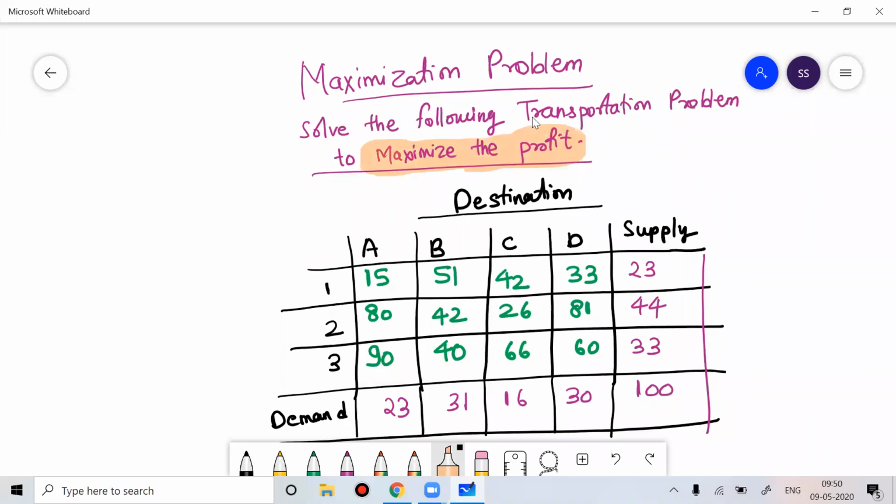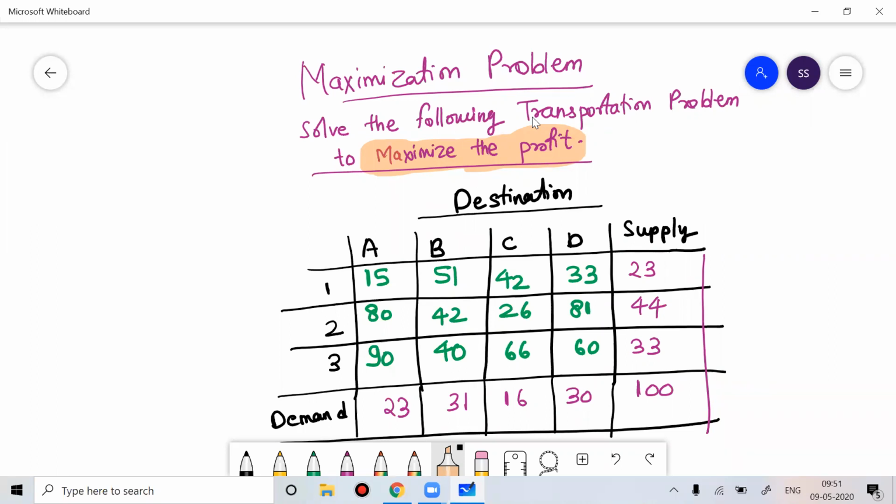Now in the exam, more or less every year there is a case study. I have already forwarded the question paper to you in the group. If you open the previous year question paper, you will see the case study is always like this problem. They will ask you a transportation problem, and they want you to solve it where your objective is maximum.